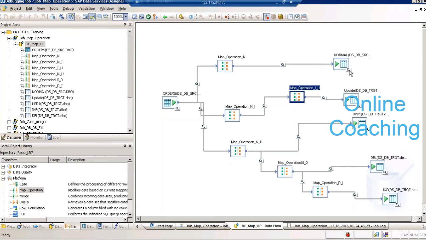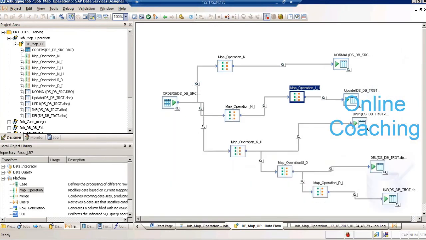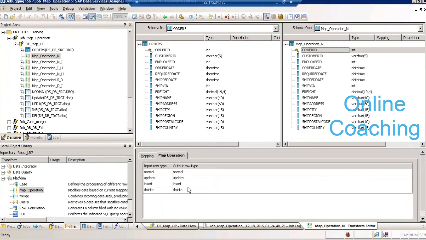So if you are using a table, then you can go and look at it in the table itself, but if you are using multiple transformations in a row and you want to see what exactly happens between the transformations, then you can run the job in debug mode. Right here, the data flows out of a table as normal, and since this transformation is normal to normal,